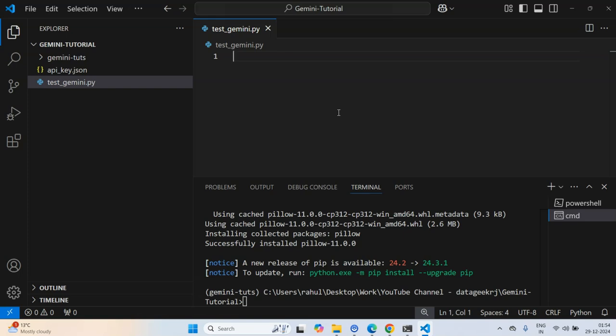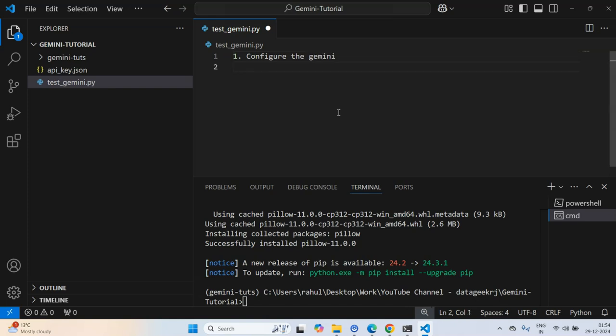So what are the different steps that it involves? Let me create a comment, maybe a multi-line comment in Python. One second, let me write down my points. So first of all, select the model. And before even selecting the model, configure the Gemini.